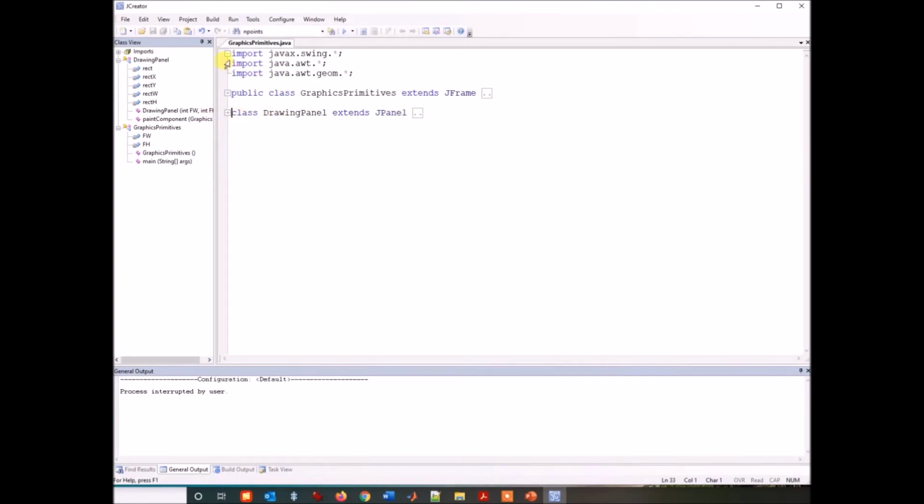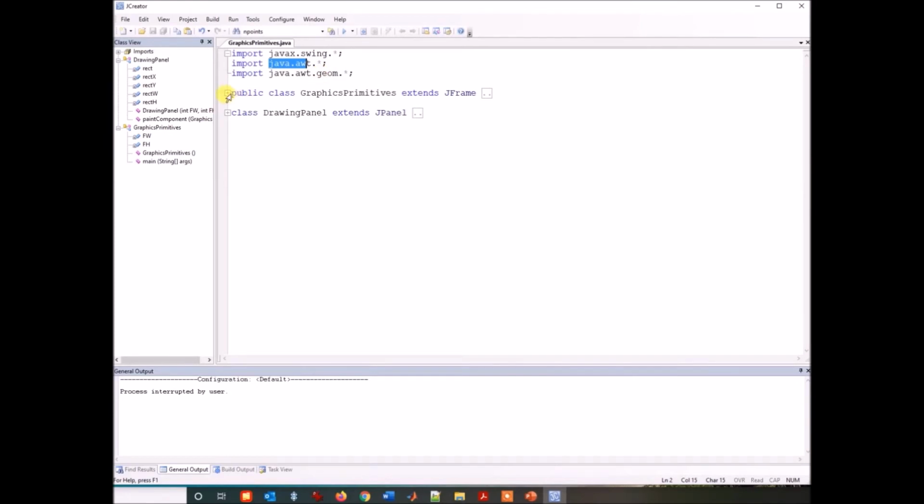But I am going to describe both of these classes. And before I start to discuss these classes, let's say that we are writing the statement import javax.swing.*, and we are writing the asterisk, meaning that we can use all the classes from this package, java.awt, which contains the higher level class Graphics, and java.awt.geom, which is the geometry package. We can use these classes to create the concrete objects of the rectangle, line, or the ellipse.